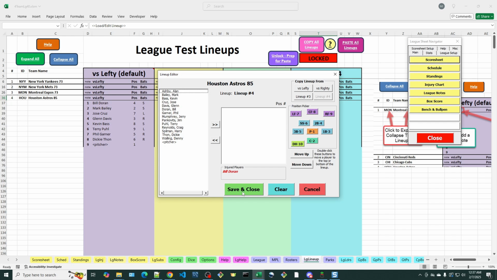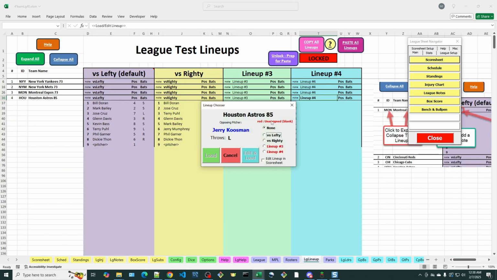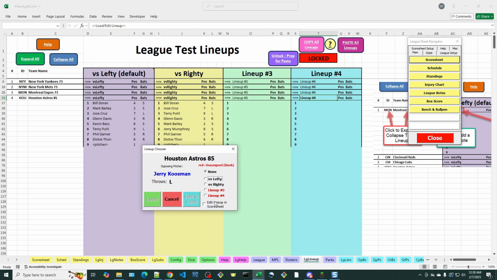And then when I say save and close, I would actually put them in the score sheet. You also see that it shows Bill Doran listed as injured, so I can act accordingly. I'm going to cancel this. Do this one more time, because what I really want to do is show you this other feature in here, which is